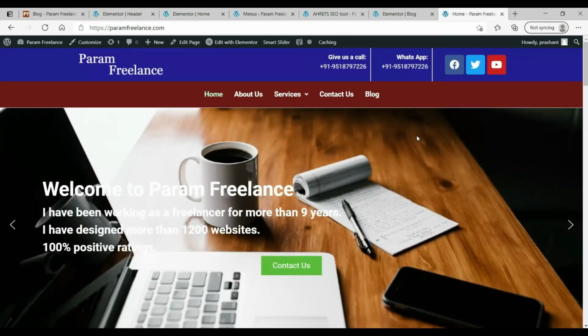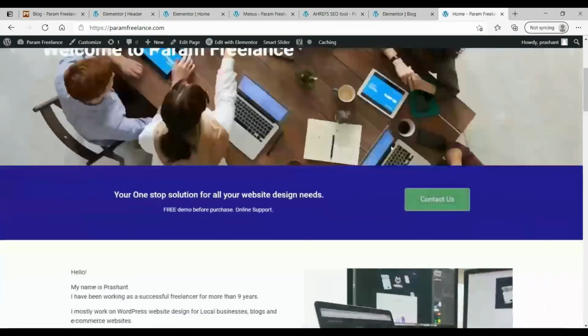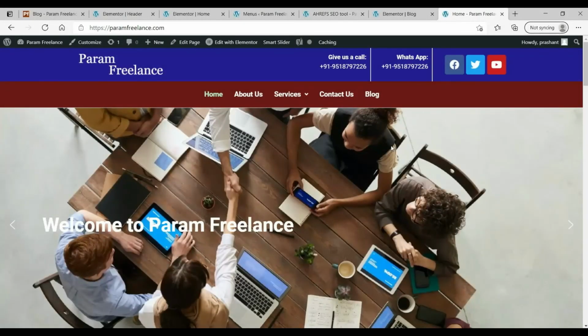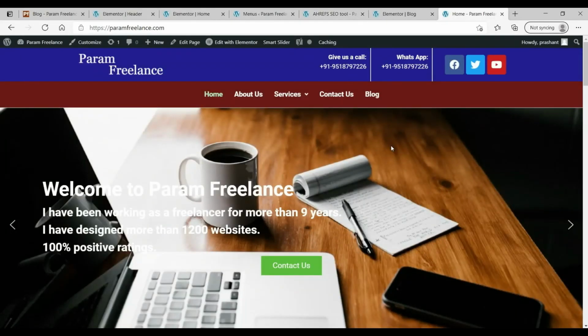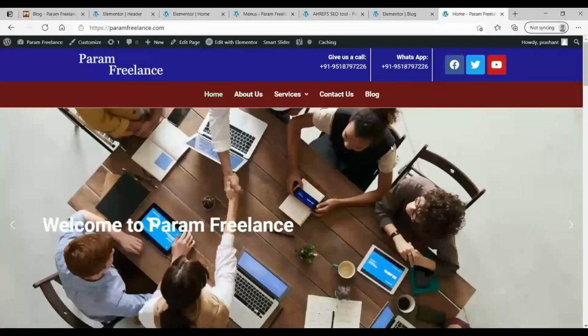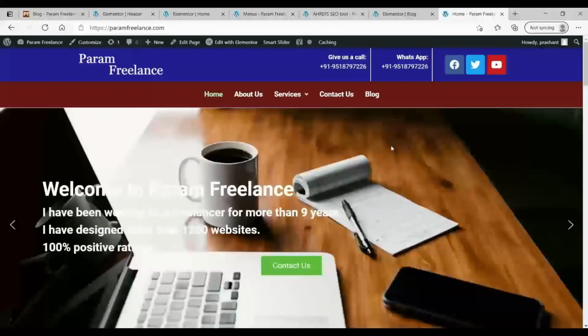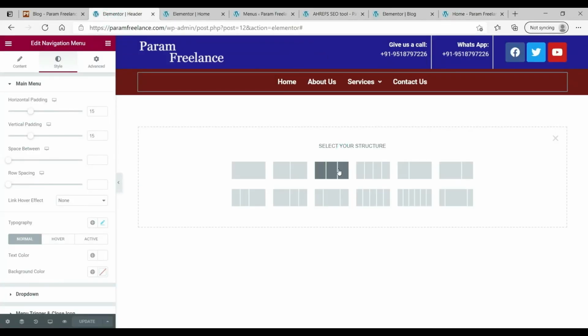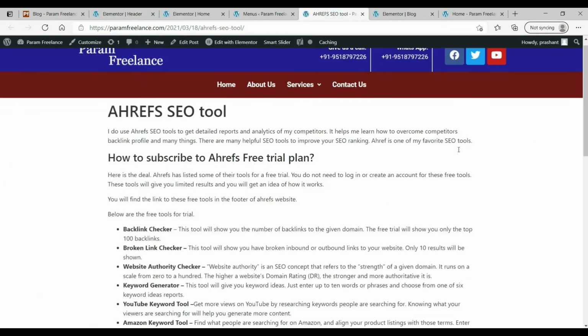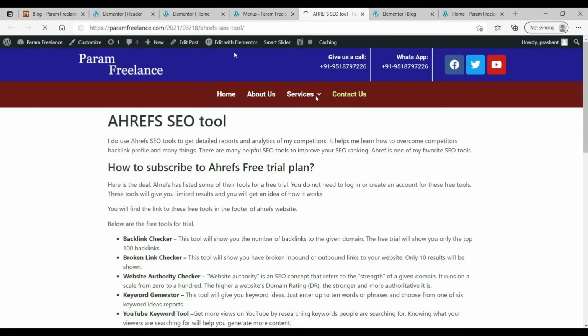So this is how, using Elementor, you can design a beautiful website. You can have any template, you can compare with any other template, you can get any other layout, you can look for any other theme, or any other layout design combination, and using Elementor only you can make a similar website. You just need to play with some of the settings of Elementor. You can go here, change the layout style to 4 column, 5 column, 6 column, whatever you want. You will need to play with these settings, and definitely you will be able to design beautiful websites using Elementor.